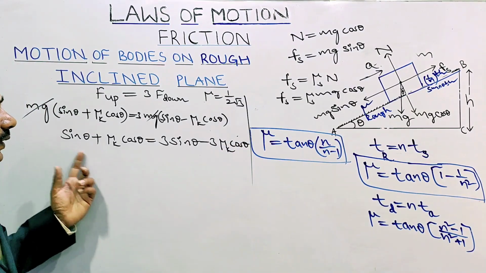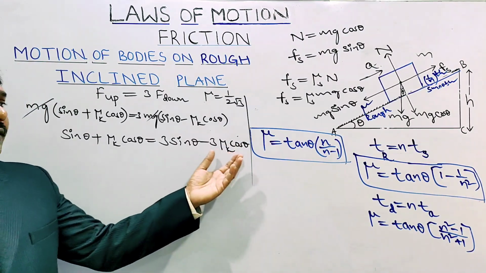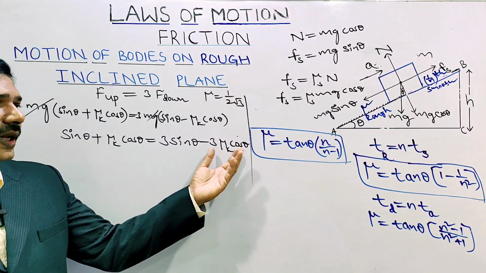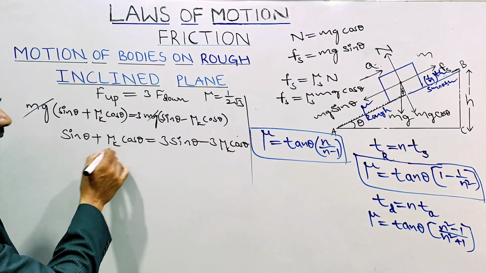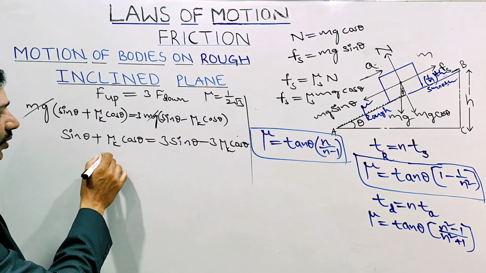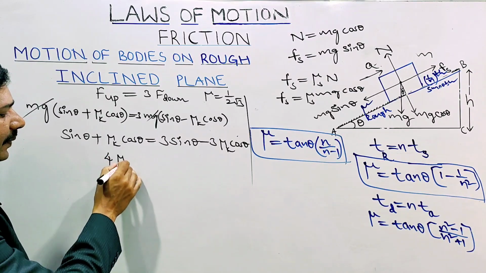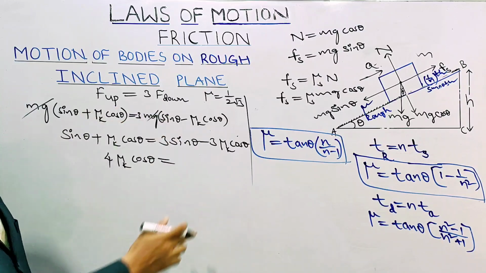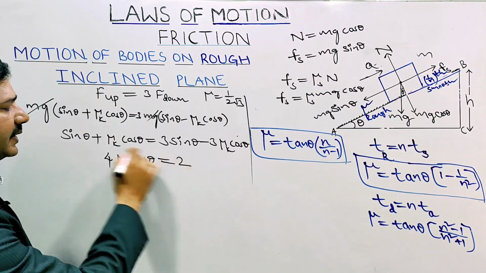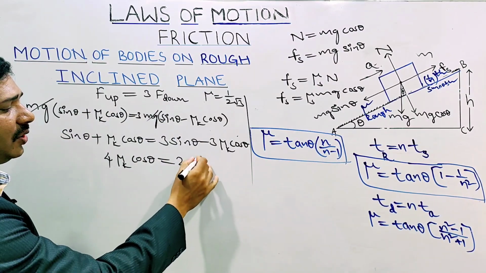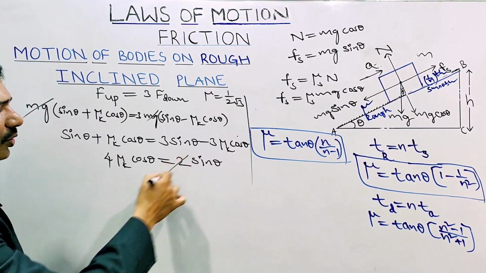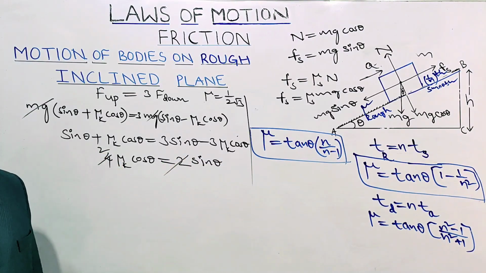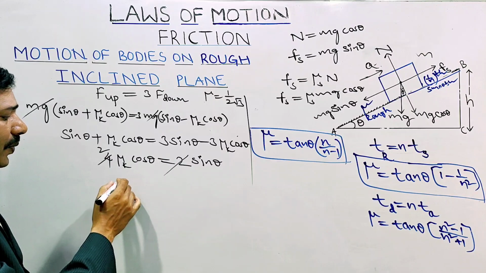Here 3 sin theta, this minus mu k, 3 mu k cos theta, I am bringing this side. What happened? Already 1 mu k cos theta is there. Total how much? 4 mu k cos theta is equal to sin theta, I am sending this side. 3 sin theta minus sin theta, what happens? 2 sin theta. So 2 1 ja, 2 2 ja. Okay, here mu k equal to,